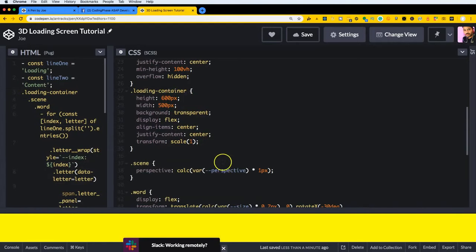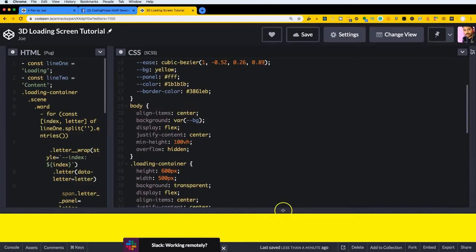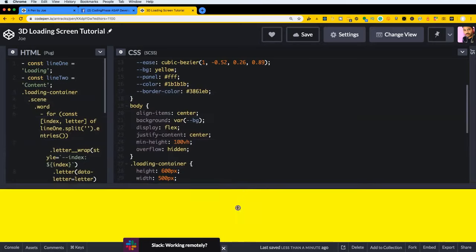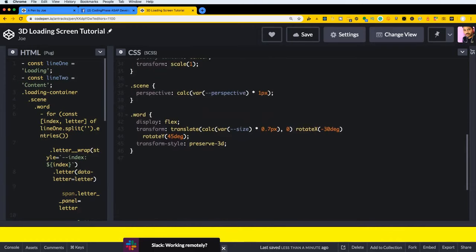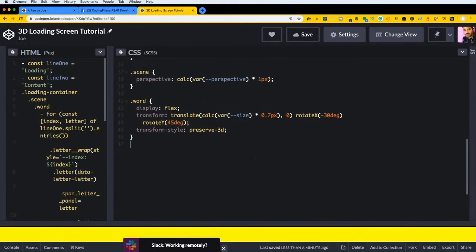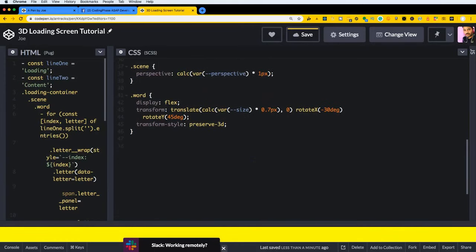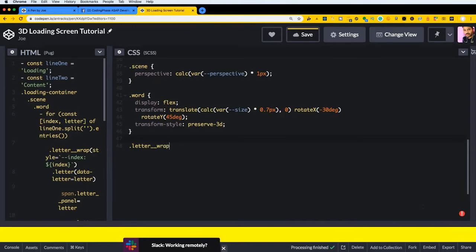And we set up the perspective, which puts everything on the 3D plane, and that's pretty much it for now. All right, so let's continue to the next thing, which is right here where we actually start creating the boxes. So we're gonna say letter_wrap, animation: jump